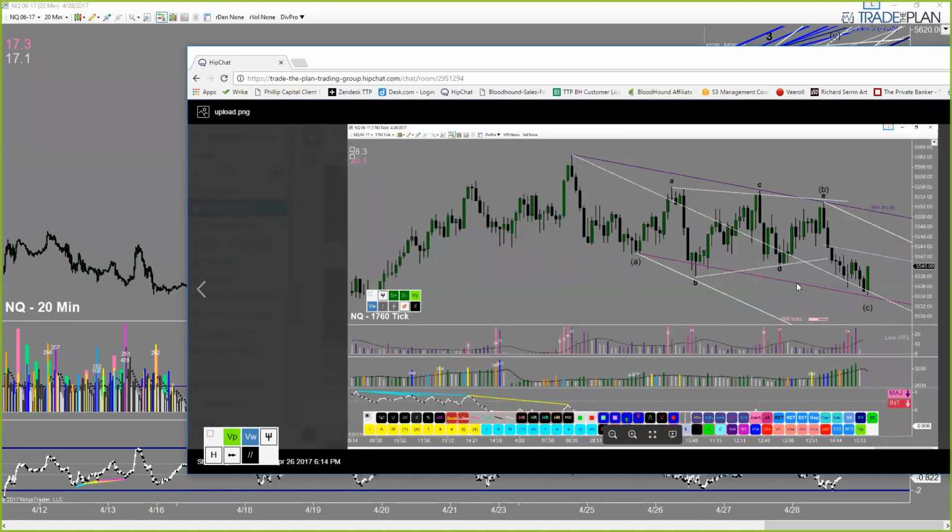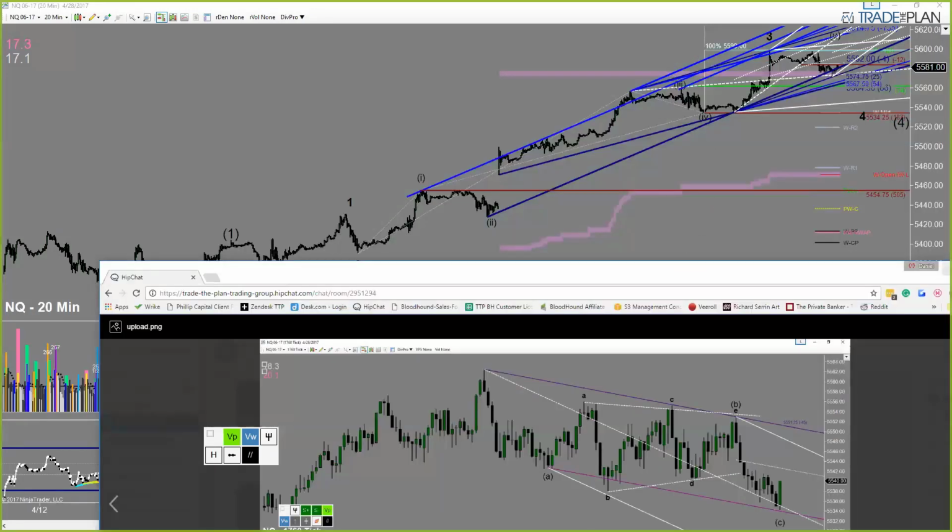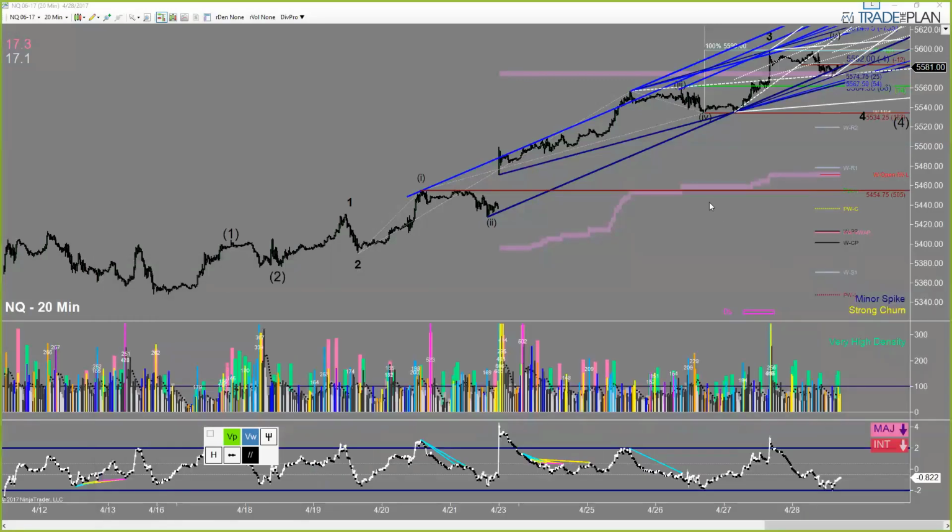like that. Just a nice double 3 into that low, and that low was this low right here, and I was counting that as a 4th wave. All right, but the 4th wave from here. So this would be one big 1, 2, smaller 1, 2, and then an even smaller 1, 2. So basically an extended move to the upside. That's likely going to keep going and going and going. So we've got wave 1 and 2, and then 3, 4, 5. So this was the 4 that I was just counting